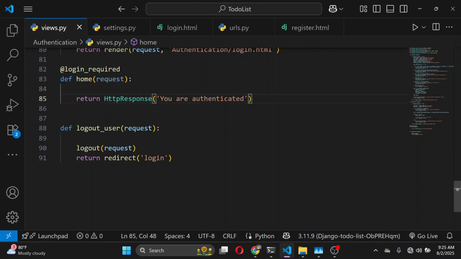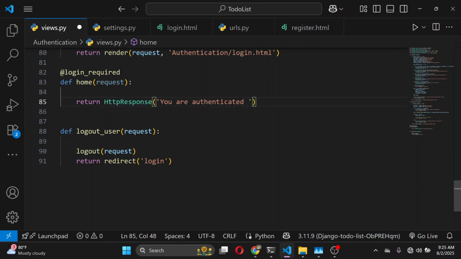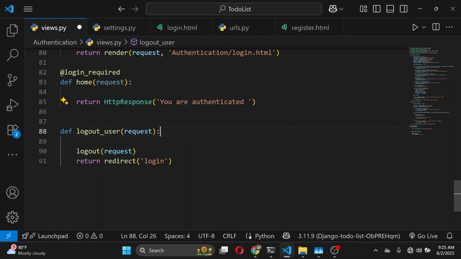So what I can actually do is type some HTML code into this return HTTP response, and the browser will render that out as HTML content, and you're going to see how it will be. Now, because we want to put a link which will take the user to the logout endpoint, what we are simply going to do is create an anchor tag. I'll say href is equal to